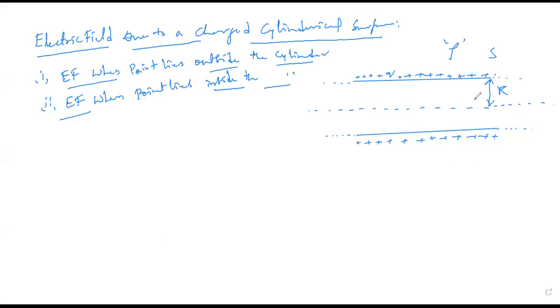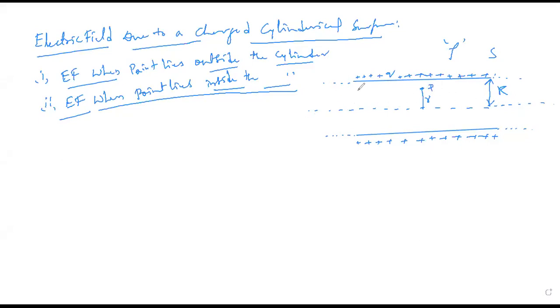So now I'm going to work it out for the first one. Put a heading, everyone: electric field intensity when the point lies inside the charged cylinder. Here I am assuming a Gaussian surface. Suppose I am taking a point somewhere here. This is my point P, placed at a distance of small r with respect to the axial line. This is the axial line of the infinite cylinder.